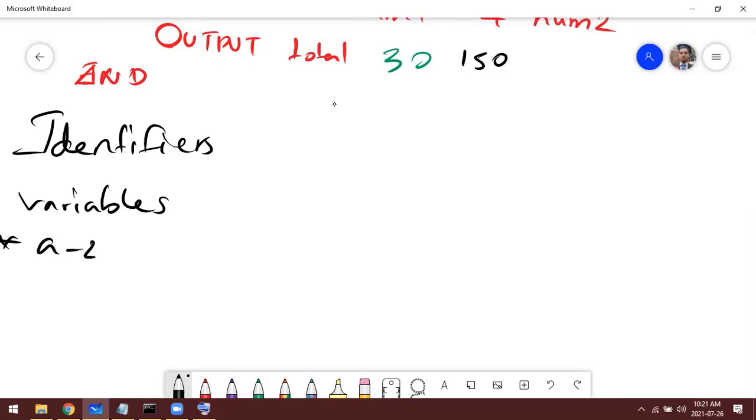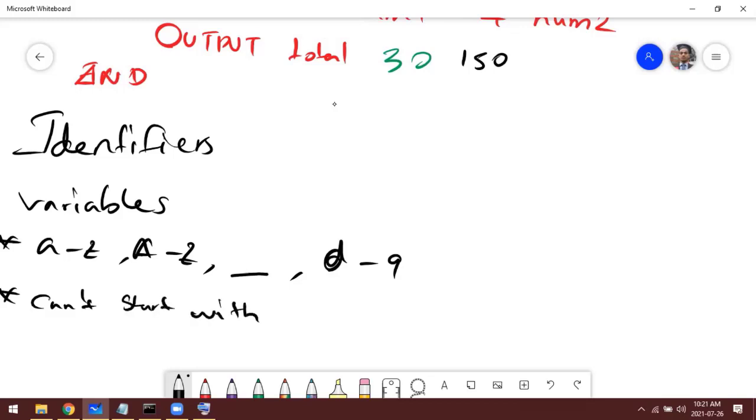You can use A to Z, capital A to Z, underscore, or digits 0 to 9, but you can't start with a digit. You can't use any special character like this, right?